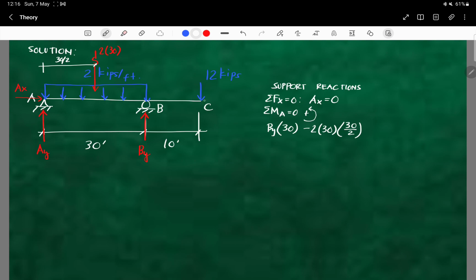Next is this 12. Again, that is reverse of the assumed direction, so this is taken as negative. Then its perpendicular distance to point A is 40. We can equate this to 0 because we have no other load. Thus, our BY is equivalent to